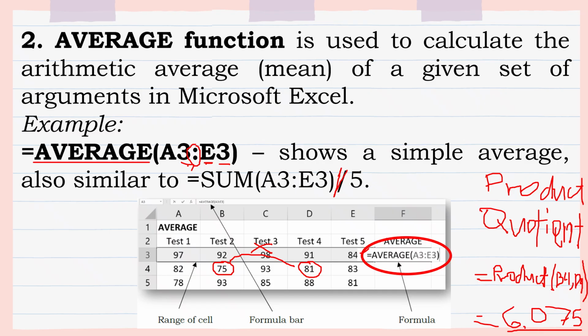The same with the quotient, mga palangga, ha? If you use the quotient, equal sign, quotient, open parenthesis, and then the arguments, ibig sabihin, you need to divide the two numbers if you use the comma sign. Okay? That's it. So, product and quotient are also included in the function names that we usually use. Any question? Clarifications? None? Okay, let's continue.